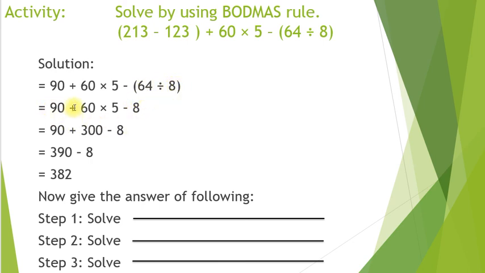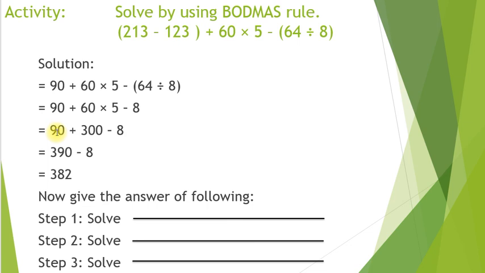Now we have 90 plus 60 multiplied by 5 minus 8. Okay, copy the same value. There are three operations: addition, multiplication and subtraction. So first we have to solve the multiplication, MAS, M-A-S. So we have to multiply, then we will add and then subtract. So 60 multiplied by 5, we get 300. 6 5s are 30 and 0. So this is 300 and minus 8.